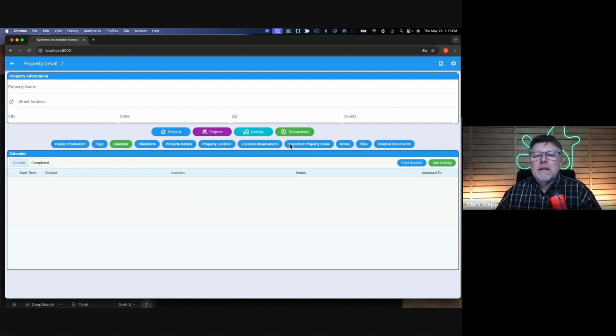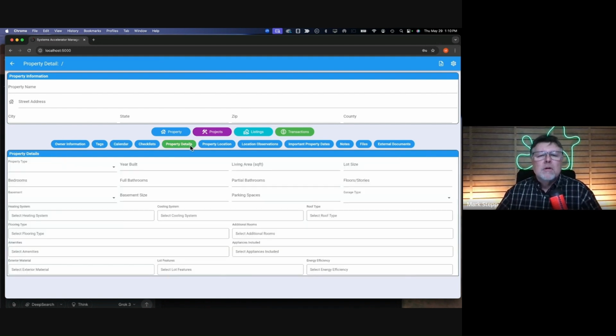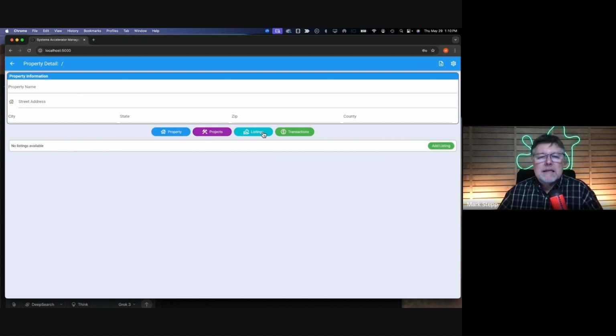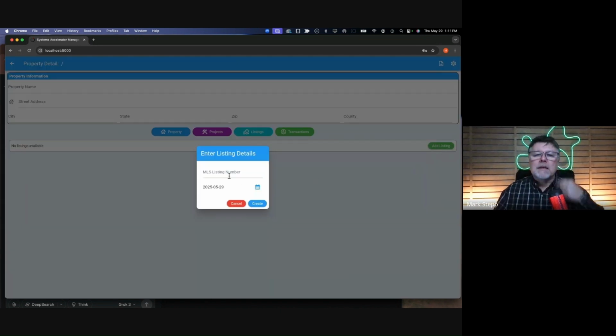You put in the information about the physical property itself in this section, and then if it's a listing, then you come over into the listings section. You add a new listing, put in some basic information, and then it'll show you all the listing fields that go along with that. Basically, it comes in here, put in an MLS number,